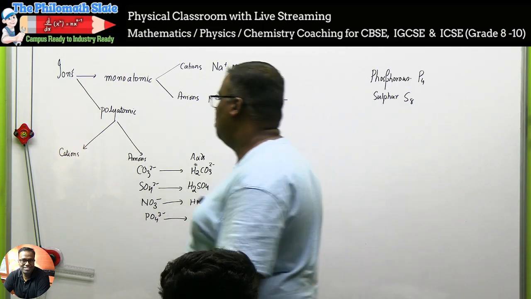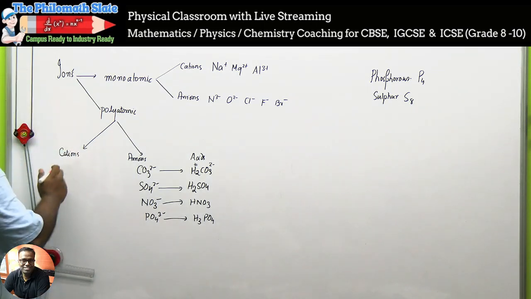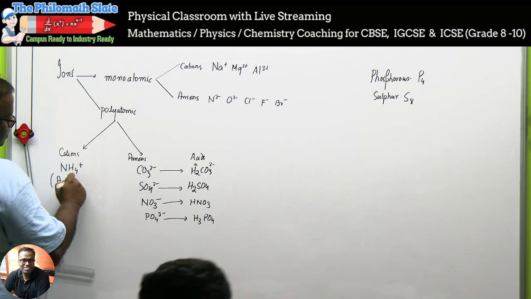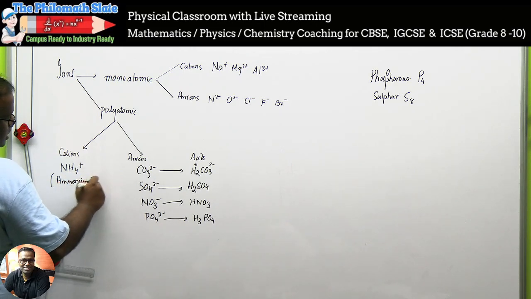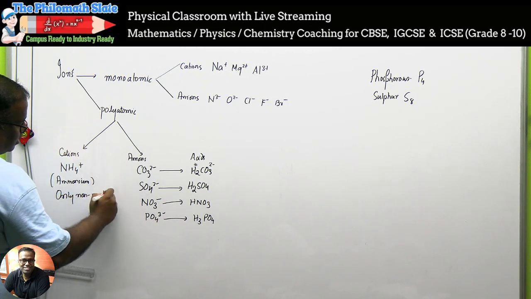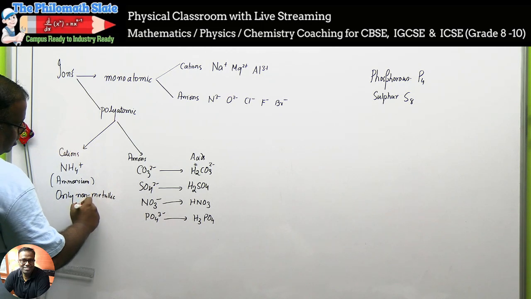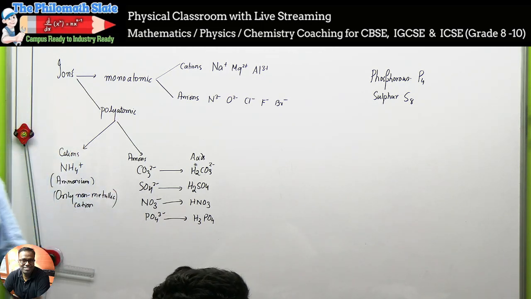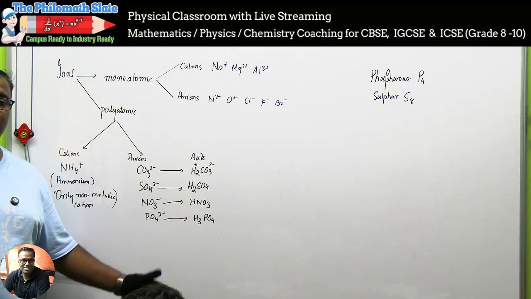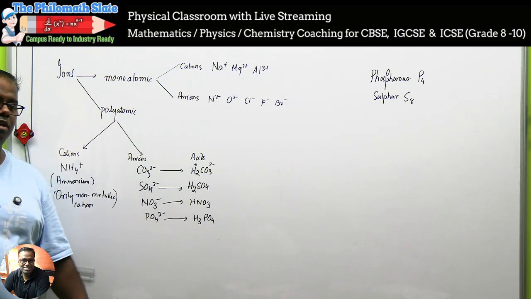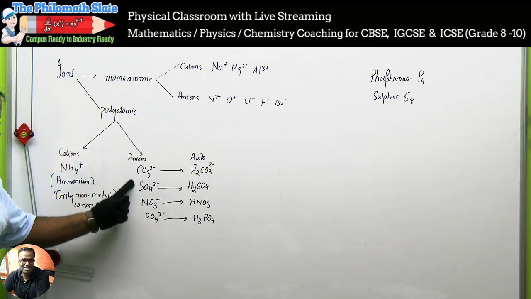Okay, polyatomic cation. One of the polyatomic cations that you should know is NH4+. This is known as ammonium. Ammonium. This is the only non-metallic cation. The only non-metallic cation in the entire chemistry is NH4+. So this has come from where? It has come from ammonia. Ammonia is NH3, neutral product. You added one more hydrogen to ammonia, तो प्लस हो गया, एक एक्स्ट्रा चार्ज खा लिया उसने। ये सब non-metallic है।